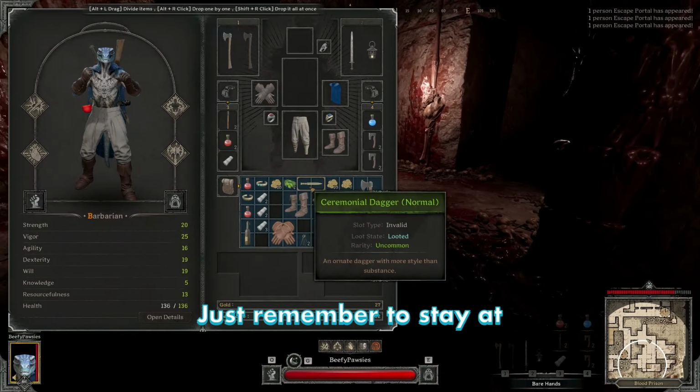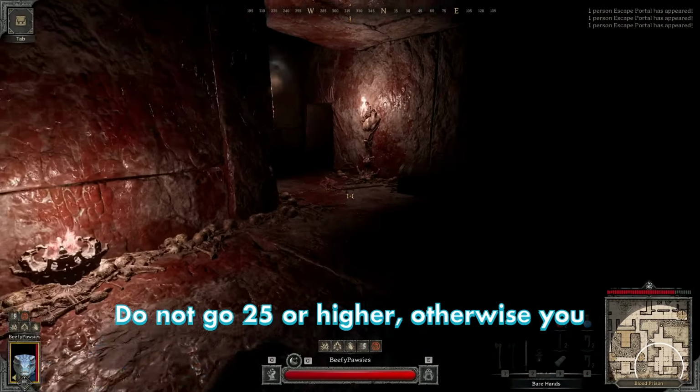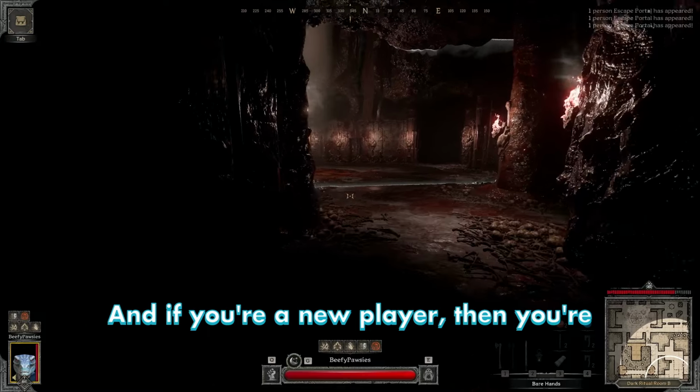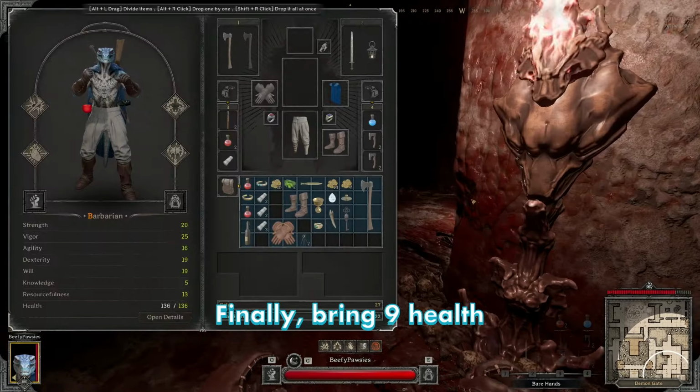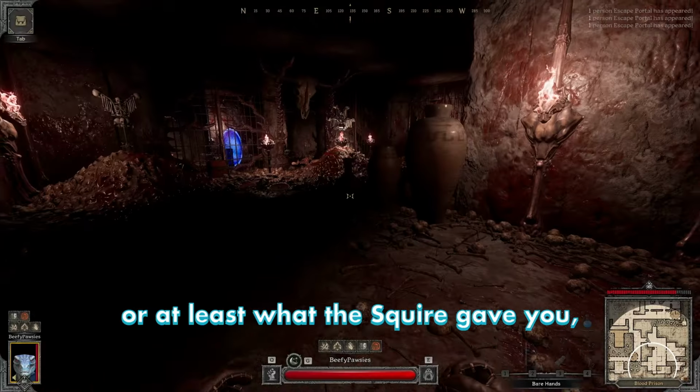Just remember to stay at 24 gear score or below. Do not go 25 or higher, otherwise you could get matched against players with legendary gear. And if you're a new player, then you're not ready for those fights. Finally, bring 9 health potions and 15 bandages, or at least what the squire gave you, then it's time to